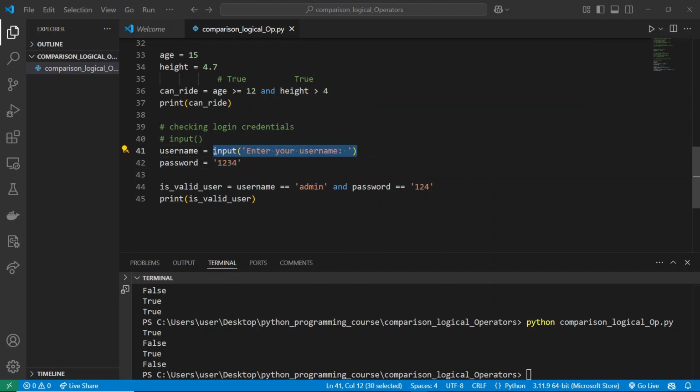So enter your password, right? And then like so. So obviously now if we run this,